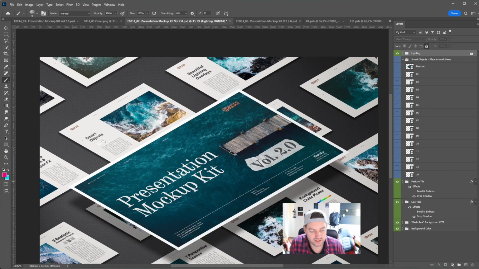I think the best thing to talk about next is adjusting the effects. The effects. I don't know why I say effects. Maybe because people shorten it like that. But anyway, let's talk about adjusting the effects. On all of the tiles, you can adjust the drop shadow. And I've also added a bevel and